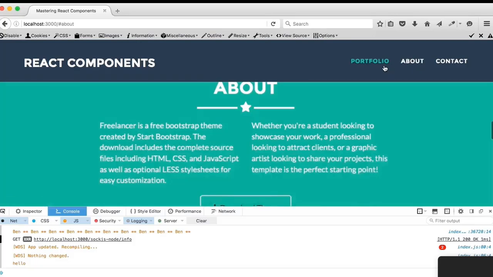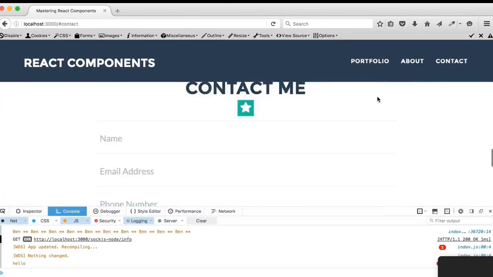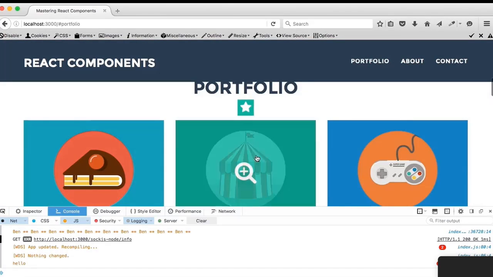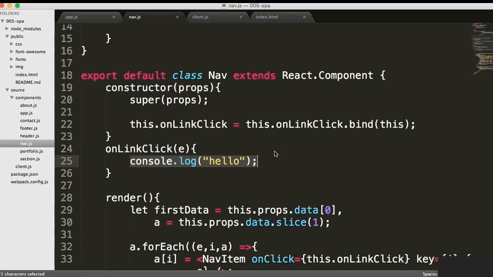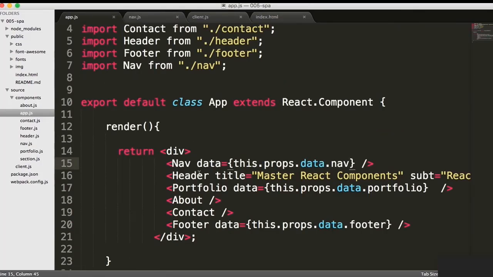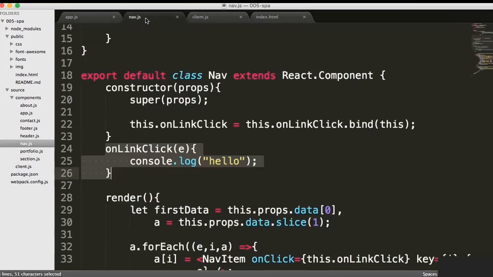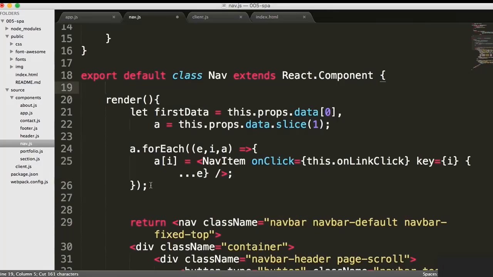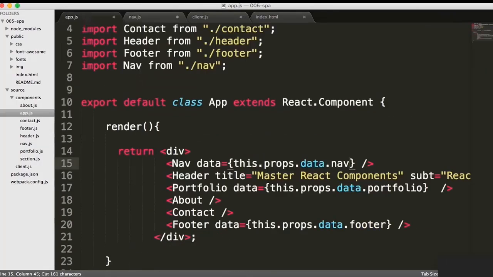Now, the one thing that I want to do is I want to kill or stop this default functionality that's happening right now, because what I really want to happen is I want this to flow even further up the chain. So really, I don't want to control the navigation up here. Actually, where I want to control it is all the way on the top, on our application itself. So again, to do that, I'm just going to go ahead and cut this out for a second, move it all the way into my app,